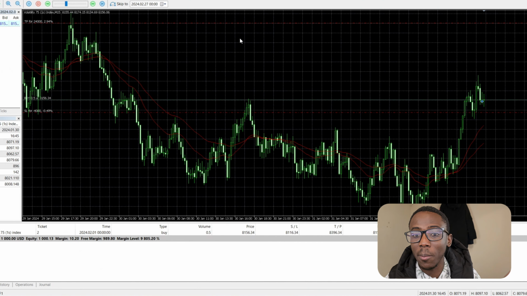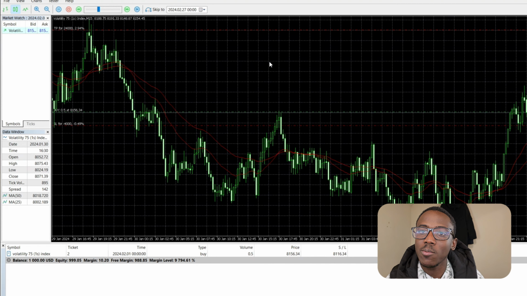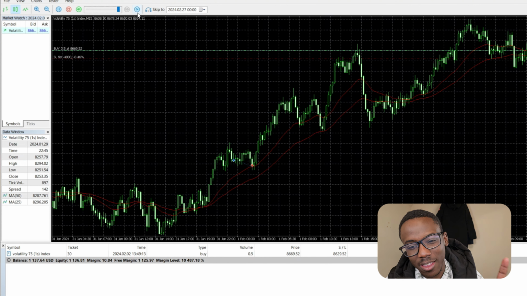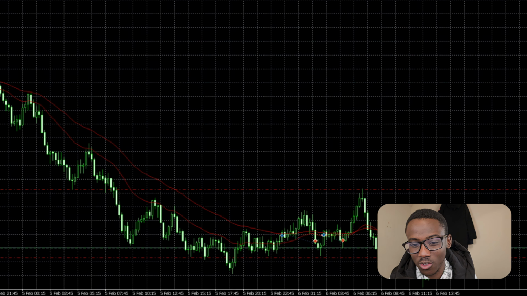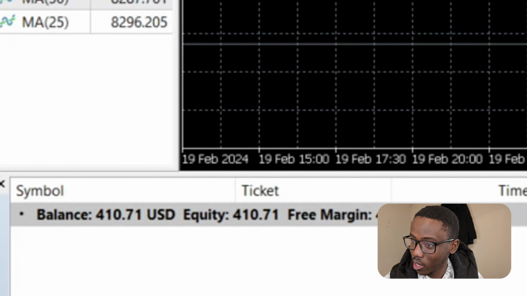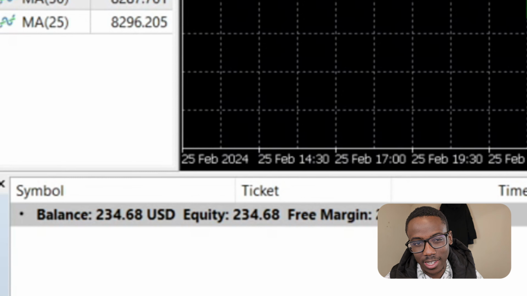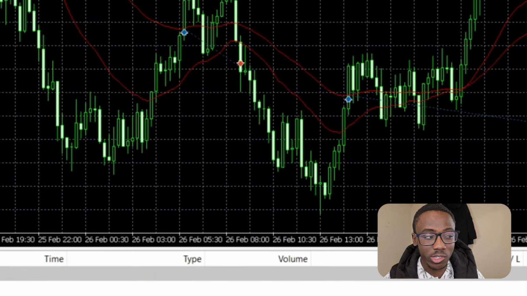As you can see, it's buying. This one is about buying using the moving average exponential 50 and 25. So I'm going to speed up so that we can see the results. It's trading a $1,000 demo account. At the end of the day, we're opening trades, we're running, and our account is decreasing. But the good thing is our account is actually